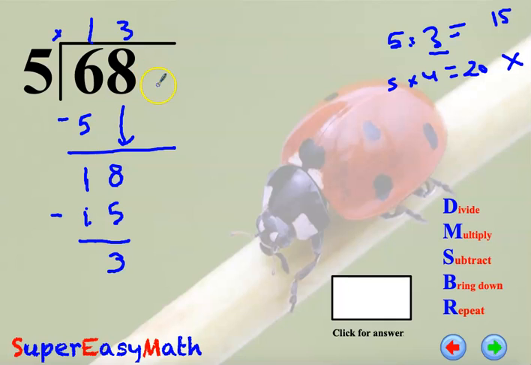What we will do? First of all, we will put a decimal point here and 0. We know that 68 is the same as 68.0. So when we have a decimal point, we can add zeros as much as we need to the right. We just add a decimal point and a 0. Then we'll raise this decimal point to the quotient like that. And now we can bring down this 0